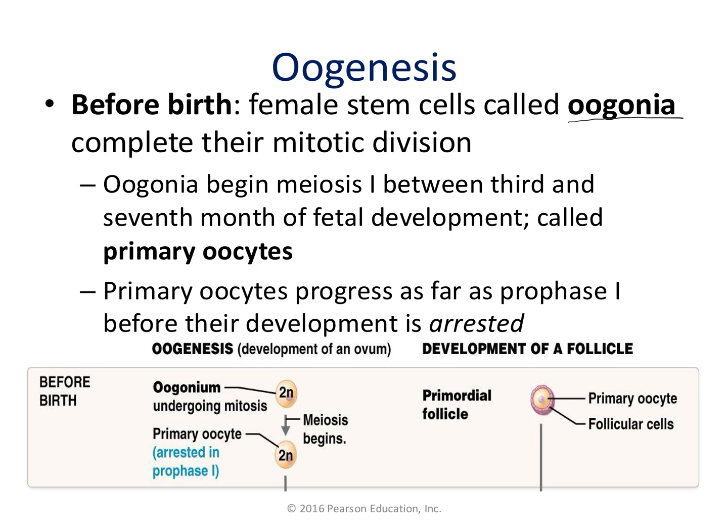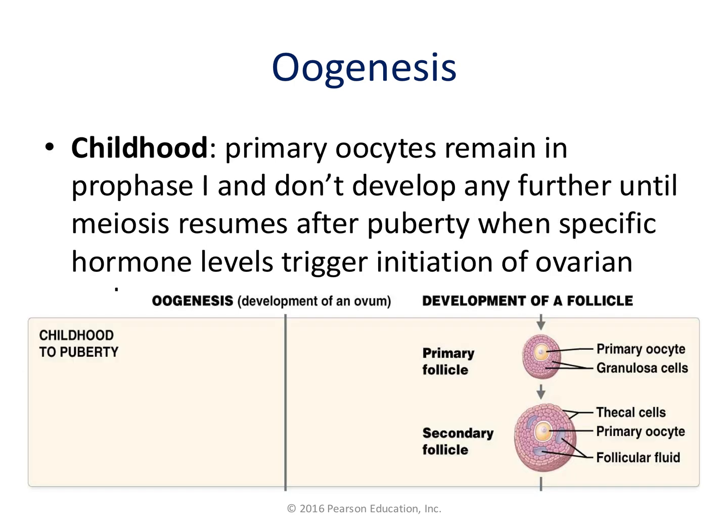So oogonium, after they undergo mitosis, will start meiosis. And that's going to basically be arrested in prophase 1. Isn't going to proceed through it at all. So this is what stage our primordial follicles are in. During childhood, the primary oocytes are going to remain in prophase 1, and they aren't going to develop any further until puberty. At puberty, you release GnRH